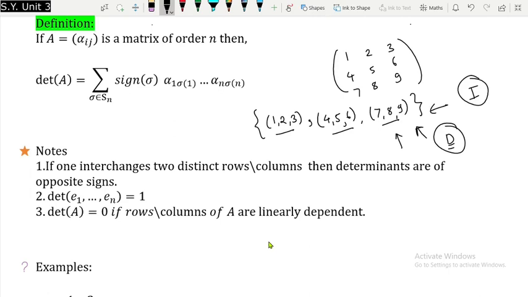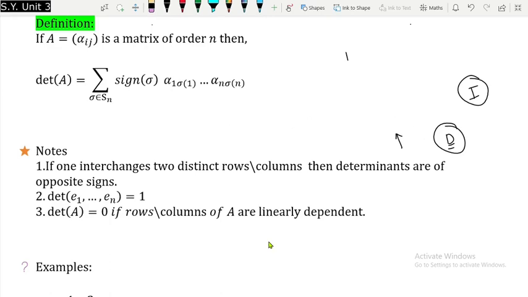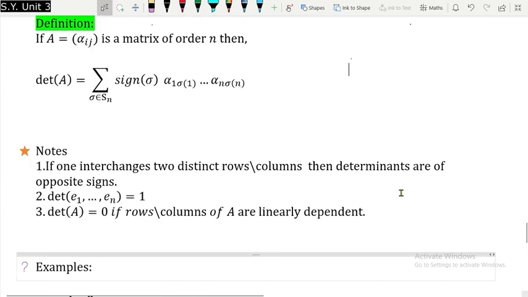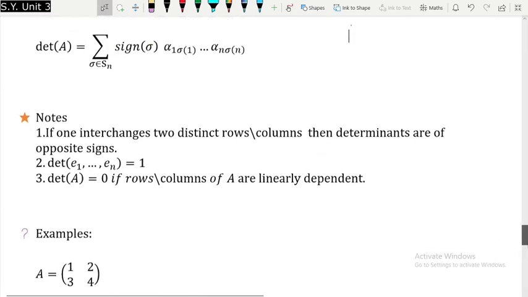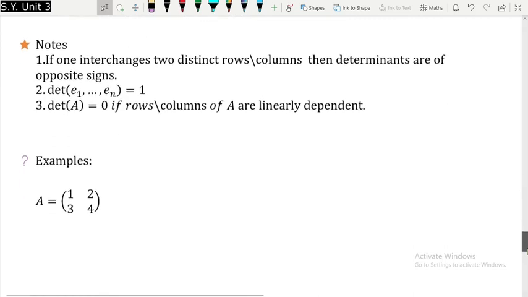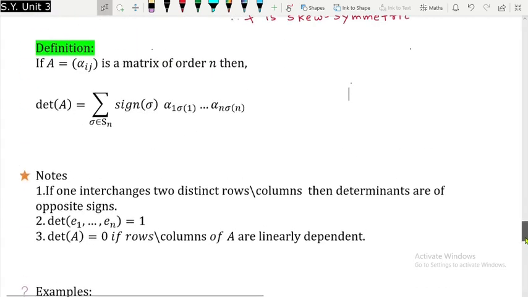This is useful if we want to check whether the determinant is 0 or non-zero. In that case it is useful. You simply check the linear independence or dependence, and that will give you the determinant, whether it is 0 or non-zero. So now let us go for one example where we are going to use this definition in order to find the determinant. A simple one, 1 2 3 4. You know the determinant is -2, right? So let us see how we will get it.